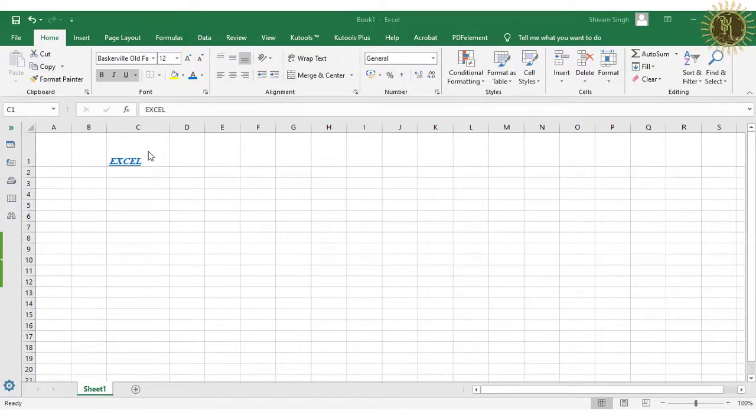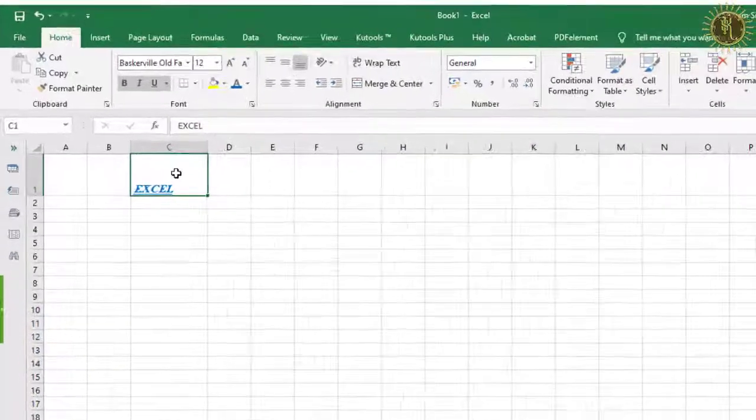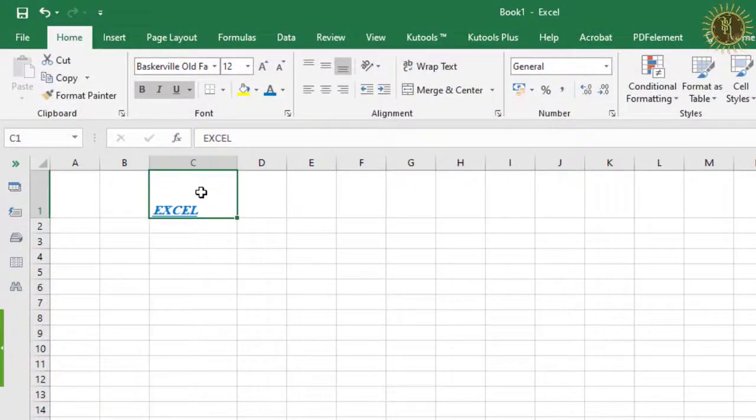So let us see how to set the alignment of this text. The first is top alignment. To set this text at the top, you have to go to this top alignment, and when you click on it, you can see this text has been set to the top.